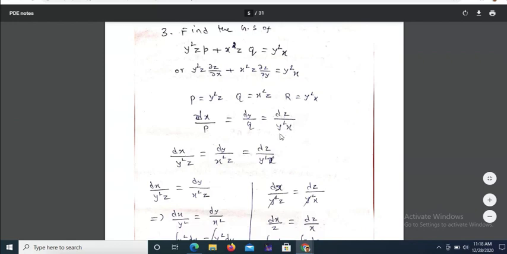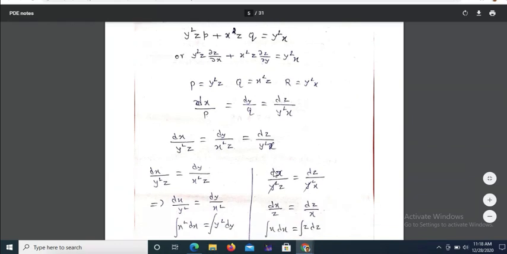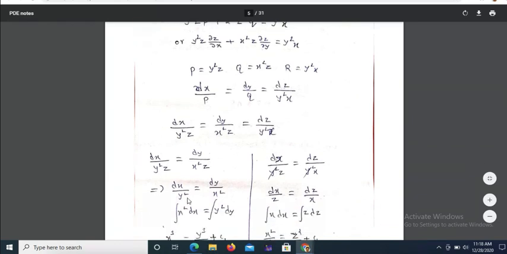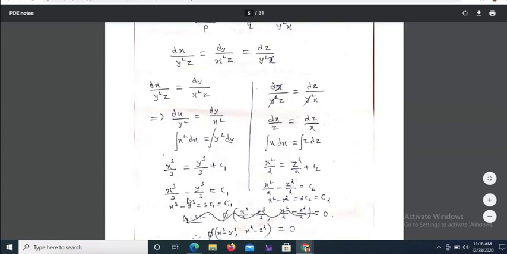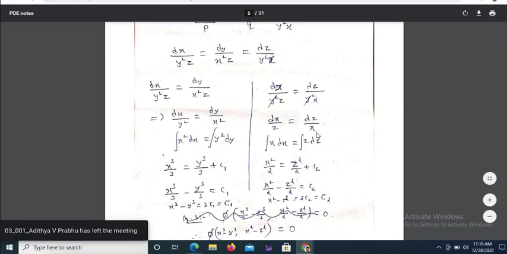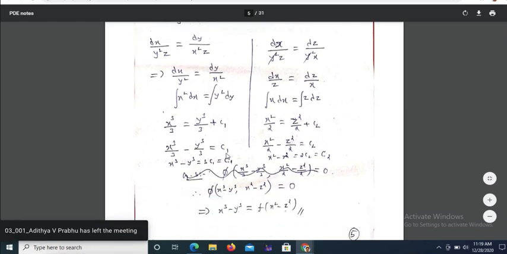I left that. R is what, y square p, y square x. The first two terms I have taken. So if you have taken the first two terms, you just observe here. Z here, Z is a constant, so I just multiply by Z, so that you will get, here y square gets cancelled. You'll get zx. So integrate. If you are integrating, you will get c1 and c2. Again, same thing. So phi of c1, c2 equal to 0. X cube minus y cube is equal to f of x square minus z square.